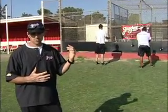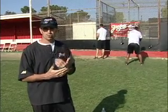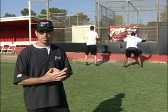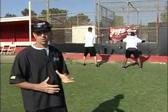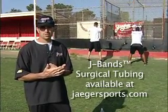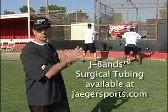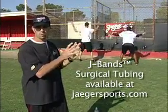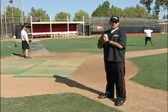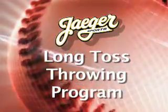So what we call the surgical tubing workout is, as much as anything, prehab, because the idea is to get the arm as strong and healthy and durable as possible before you get hurt. And ironically, the tubing exercises, the way they build so much muscle balance, muscle strength, muscle endurance, are a great way to prepare before you even go out and throw the baseball. So this is something we do before we ever touch a baseball, our whole arm circle workout and the surgical tubing workout. Okay, finally, after all that good arm preparation through arm circles and surgical tubing, we're now ready for